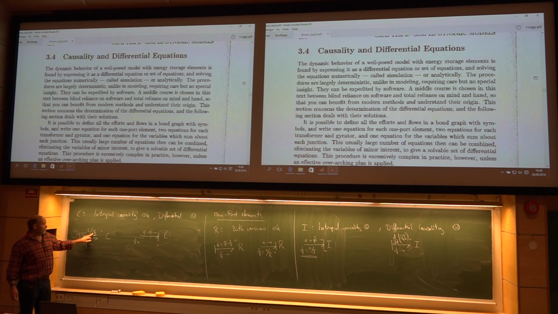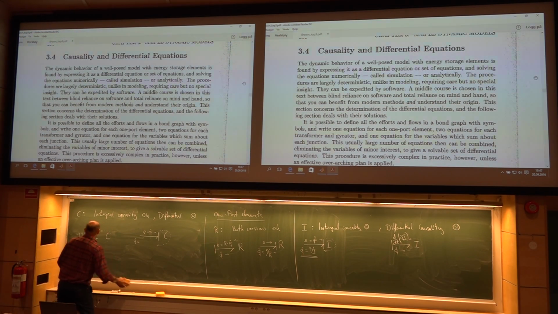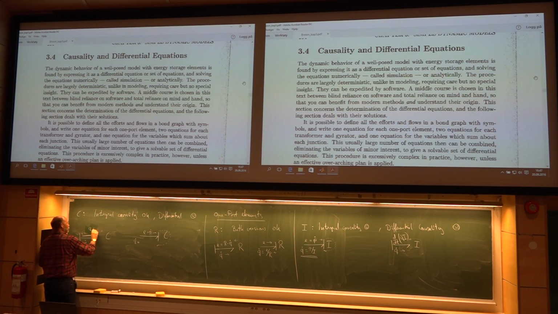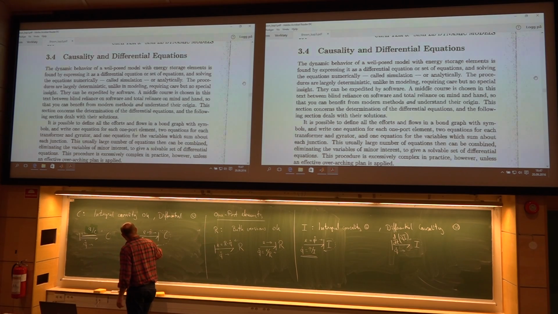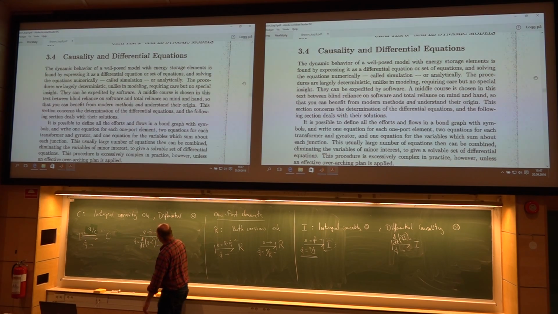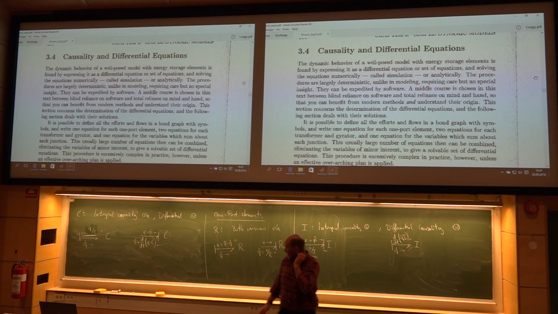So, no, that's not correct. Yeah, that's not correct. It's Q over C. Thank you very much. Q over C. So here you find the Q by multiplying effort and the C, and find the dot by taking the derivative. So d/dt of q multiplied with the C. And again, yes, you can do it, but we don't like it.